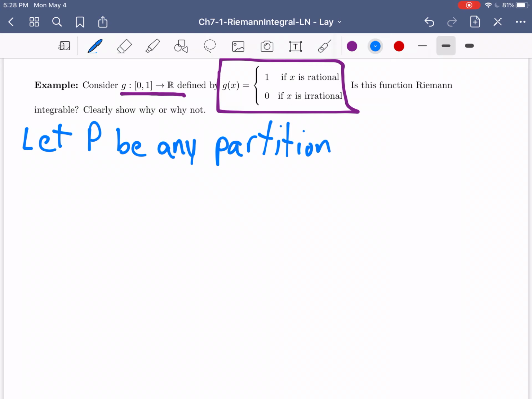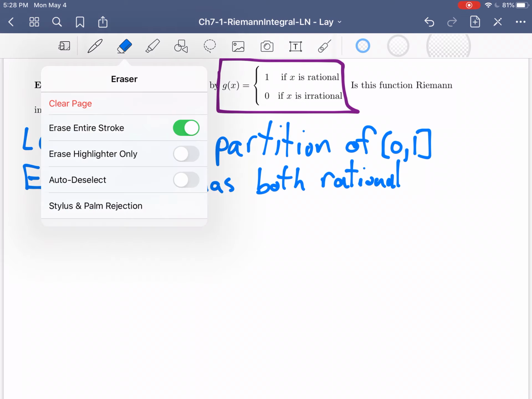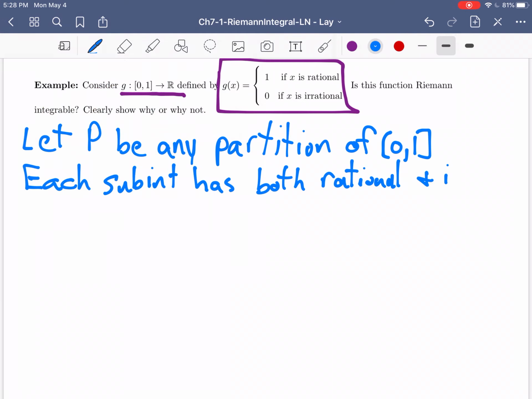If P is any partition of 0, 1, then since each subinterval is going to have both rational and irrational numbers, since every single subinterval is going to have both rational and irrational numbers, then